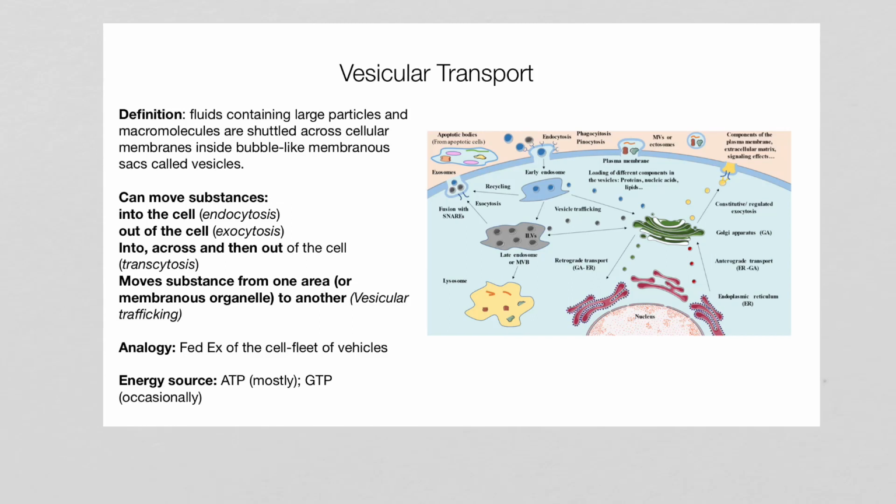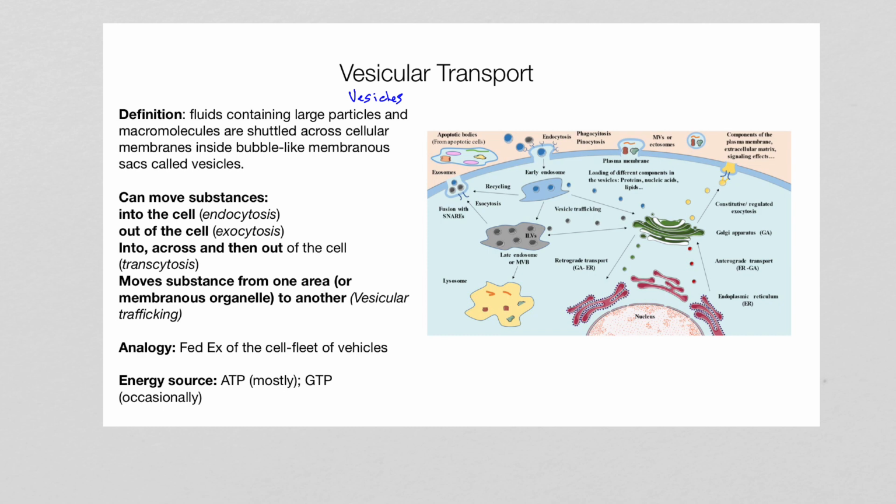The next concept is vesicular transport. Vesicular basically comes from the word vesicles. Vesicles are like tiny little bubbles that break off of some of the organelles inside the cell, like the Golgi apparatus or the rough endoplasmic reticulum. They break off the end and move throughout the cell. What they typically do is carry macromolecules or other substances, like neurotransmitters, across the cell.